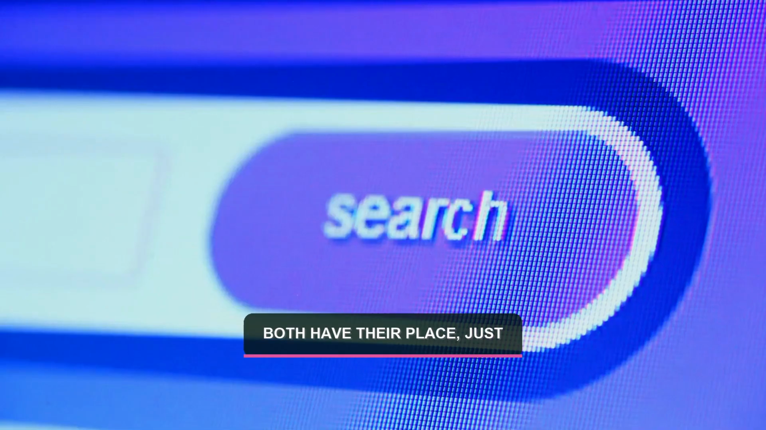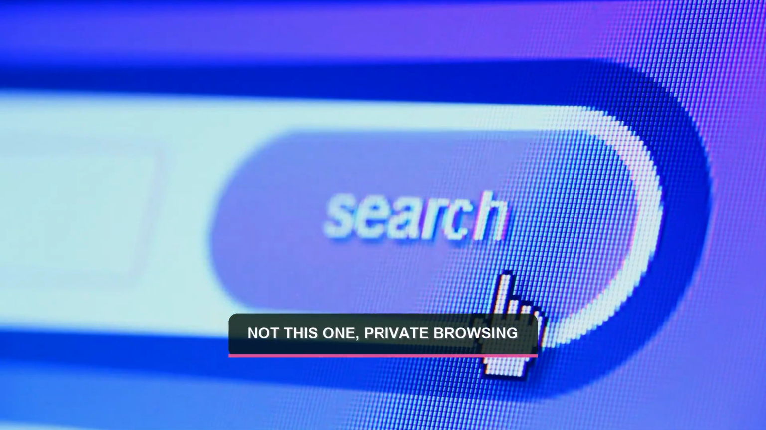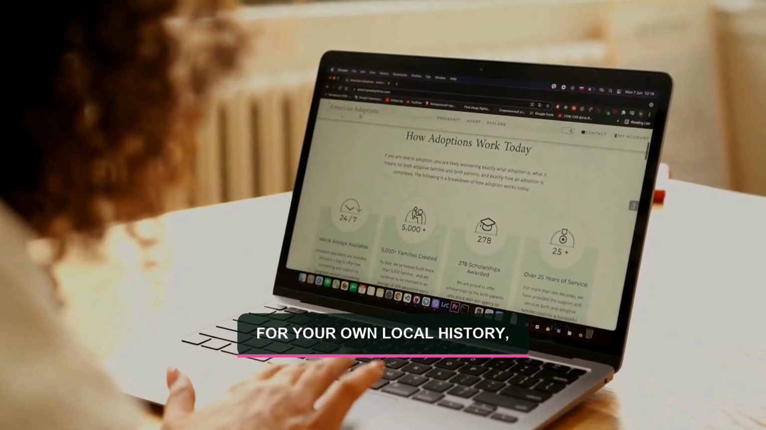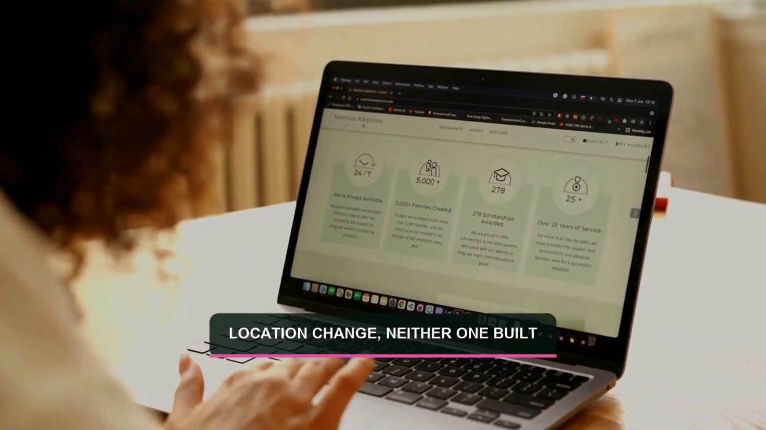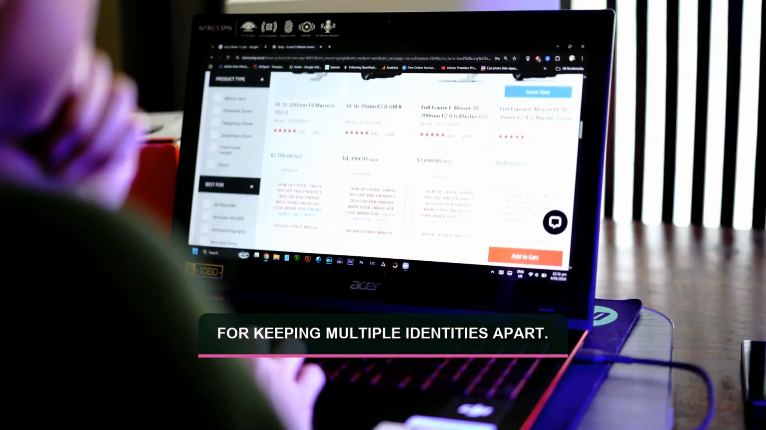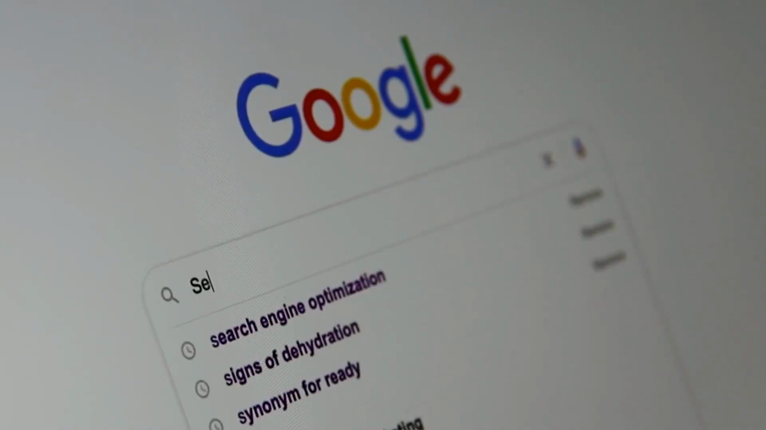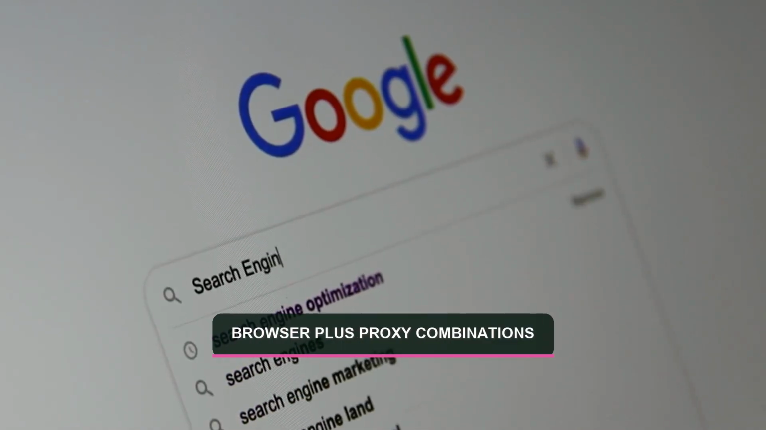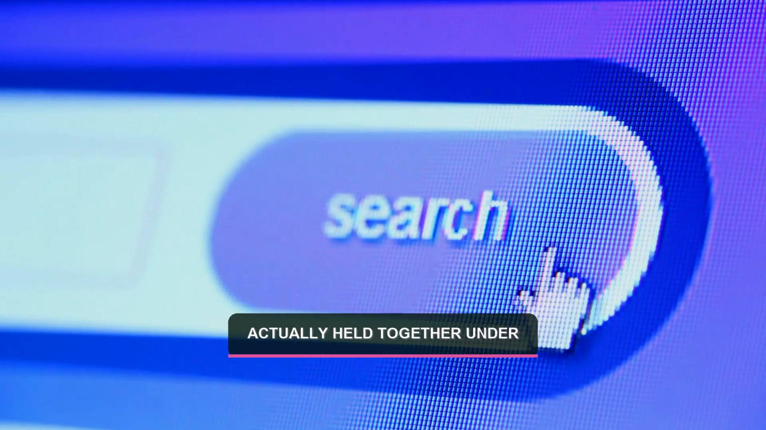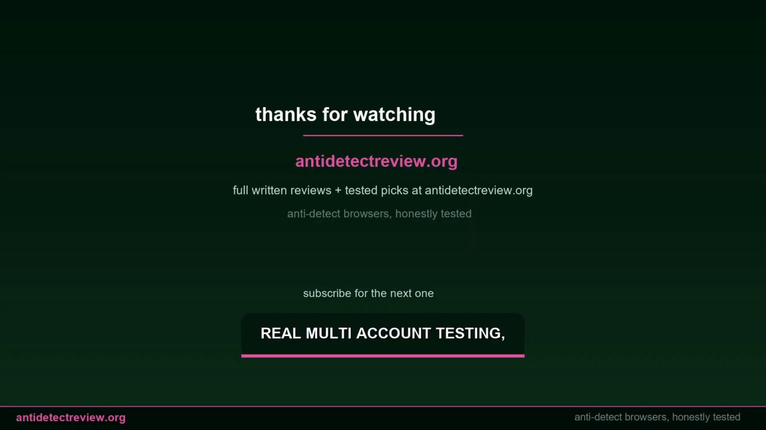Incognito and a bare VPN both have their place, just not this one. Private browsing for your own local history, a VPN for a quick location change, neither one built for keeping multiple identities apart. The full comparisons and which browser plus proxy combinations actually held together under real multi-account testing are written